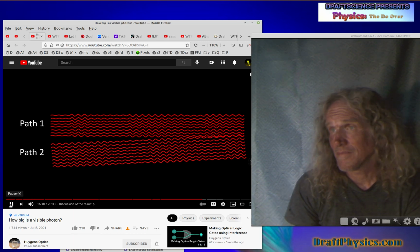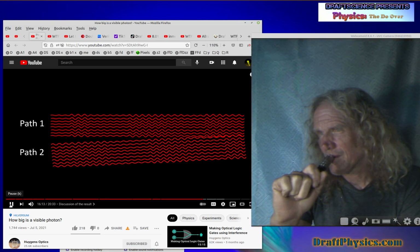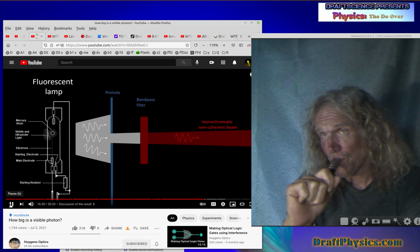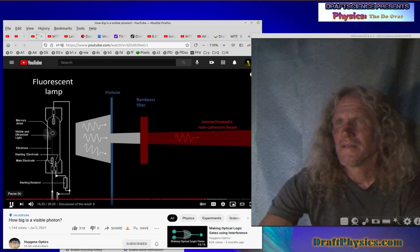And this is very counterintuitive if you are taught that light is quantized. So basically I had a poor choice of light source. Had I chosen a fluorescent lamp instead of a laser, my single photon calculation had actually made sense. And of course I would never...